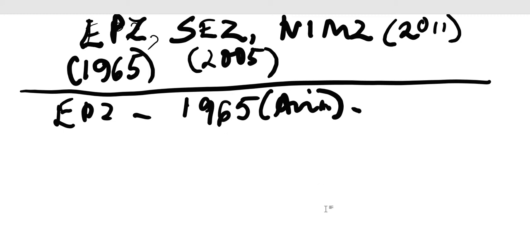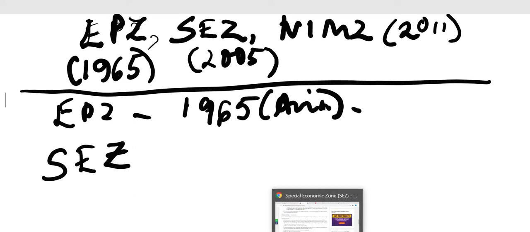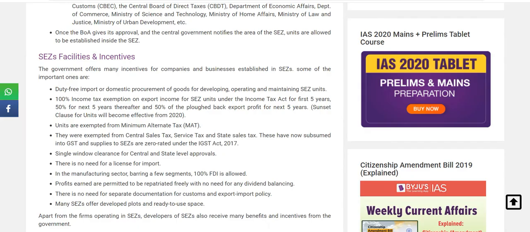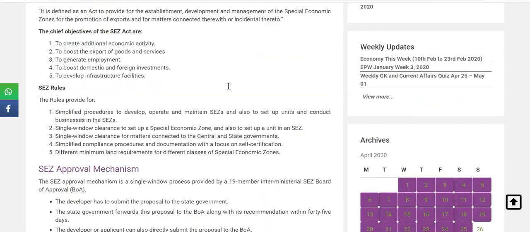In 2000, a new concept came, which was an improvisation over EPZ, which was the SEZ. It was an improvisation over the EPZ because India's EPZ policy was not really that successful. So what was this SEZ? So SEZ was basically